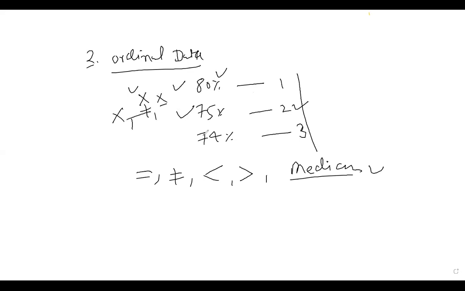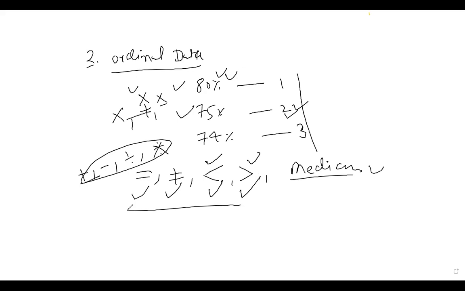Yes, we can say the rank holder 1 is greater than the second, greater intelligently. So here we use greater than and less than property. Here we cannot use the plus, minus, division and multiplication. We don't use these statistics here. We use simply whether all the students are the same rank or not equal to the same rank, or one is lesser than the other. So we use the median.